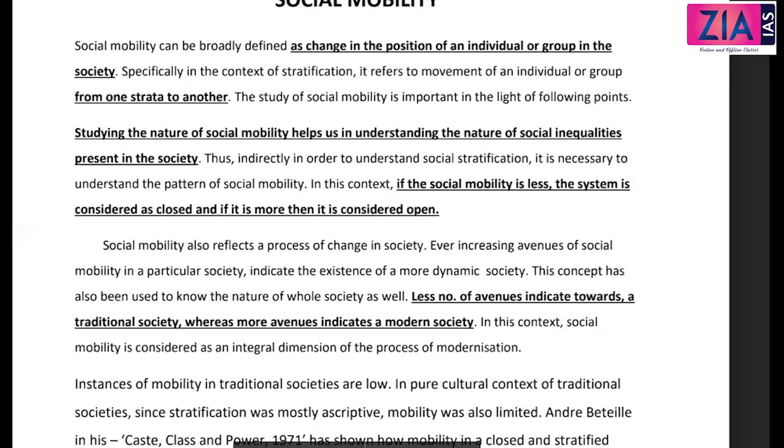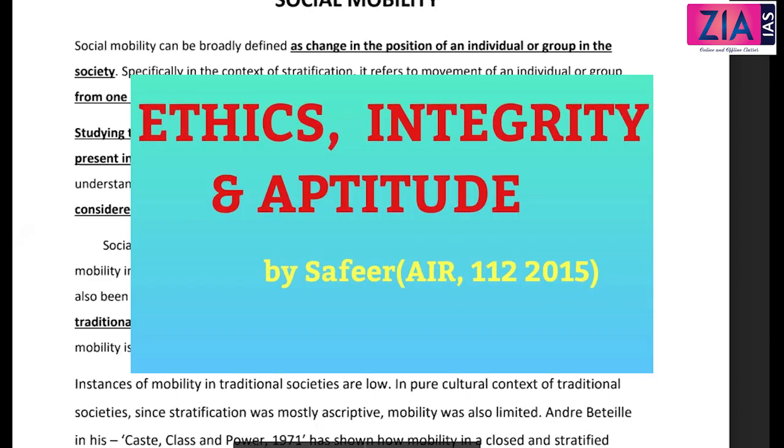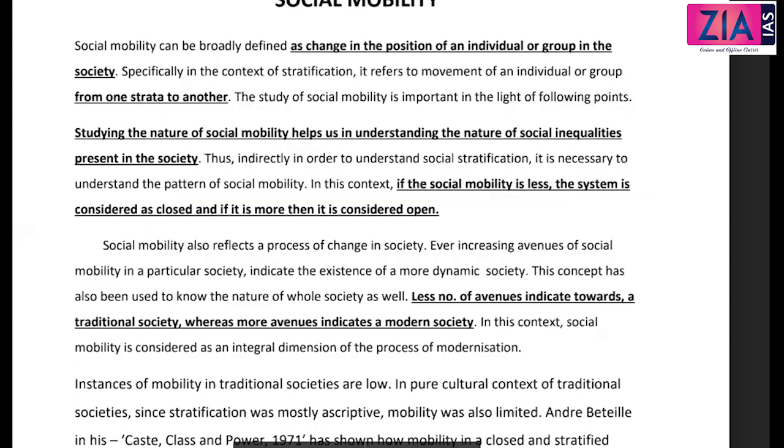Even if they ask about social mobility and factors in the Indian context, in social mobility you have the possibility of writing an Indian thinker, especially M.N. Srinivas; you can write the Sanskritization concept and dominant caste. Otherwise, there is actually no relevance or point in writing Indian thinkers in paper one. I don't think you need to write Indian thinkers in paper one, because you have so many other thinkers and concepts. If you are facing a poverty of thinkers and knowledge, then only you need to talk about Indian thinkers.